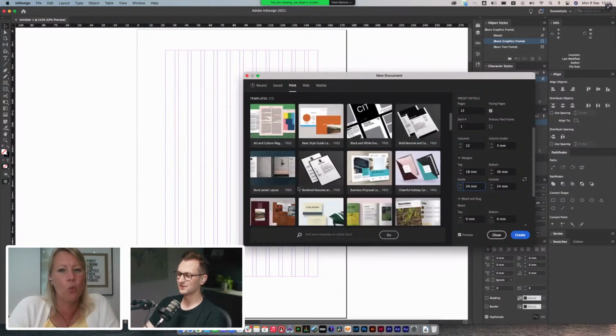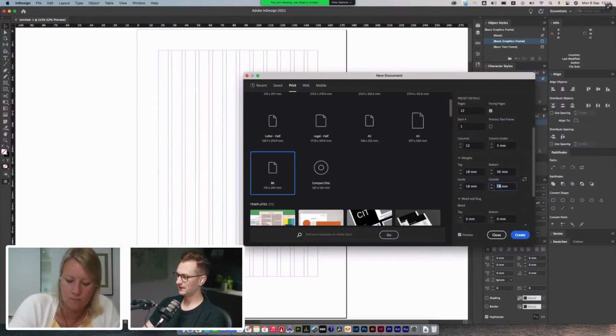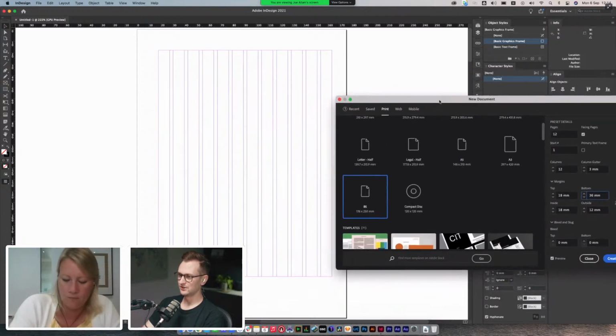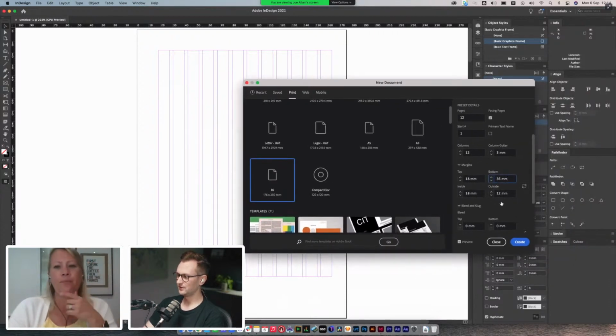So to make things comfortable on the eye and to make it appear as though it's even, we're actually going to give our inside margin a little bit more. So I'm going to keep this one again. Let's go for 18 and let's set our outside to 12. So if we see here, we've got a bit of weight at the top, some edge space on the right, a large space around the bottom, and then inside, which could potentially go a little bit larger actually. Maybe the inside we could set to